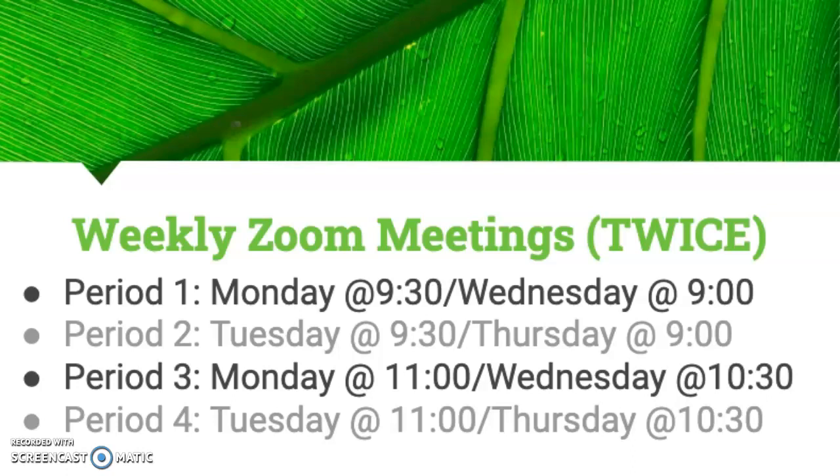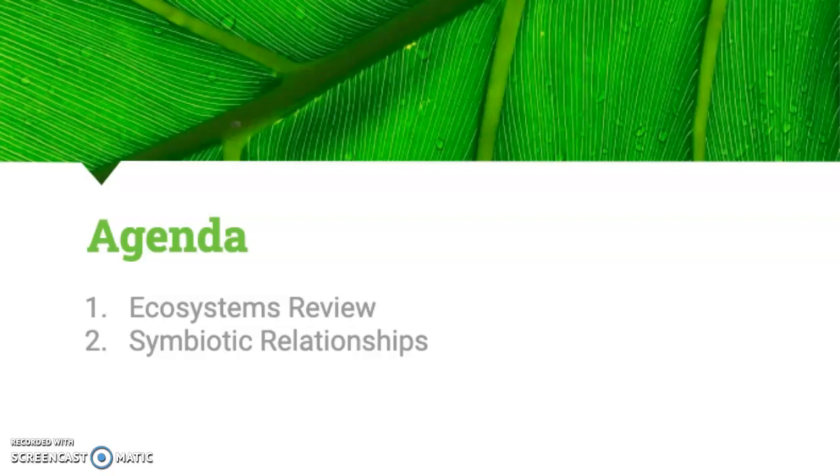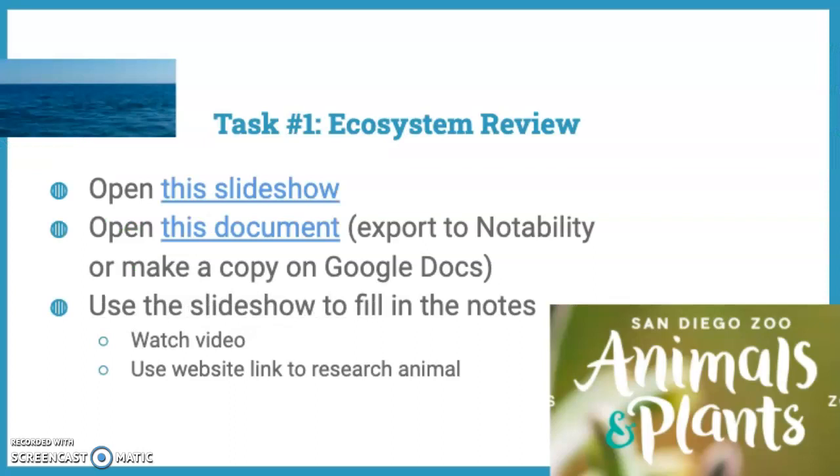With that, I'm going to quickly go over with you the 2 tasks that we have this week. Our first task is ecosystems review. We are all done with our mass extinction essay, and we're going to be circling back around to ecosystems, which we covered earlier in the year, but we're going to dive into that a little bit more, and then look specifically at symbiotic relationships. So your first task this week,